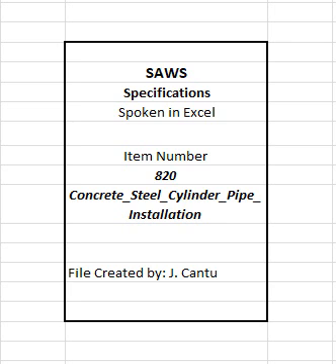820.6 Measurement. Concrete steel cylinder pipe AWWA C301 or AWWA C303 will be measured by the linear foot for each size and type as follows. 1. Measurements will be from the center line intersection of runs and branches of tees to the end of the valve of a dead end run. 2. Measurements will also be between the center line intersection of runs and branches of tees. 3. Where the branch is plugged for future connection, the measurement will include the entire laying length of the branch or branches of the fitting.